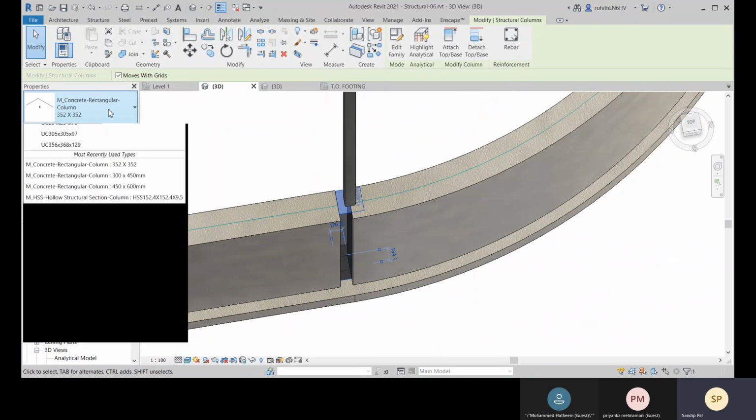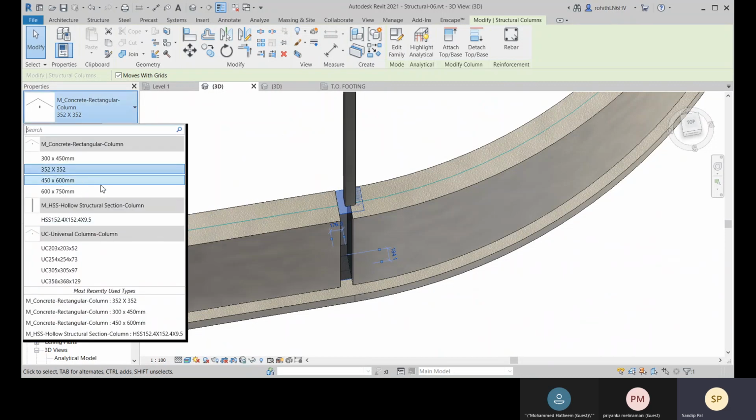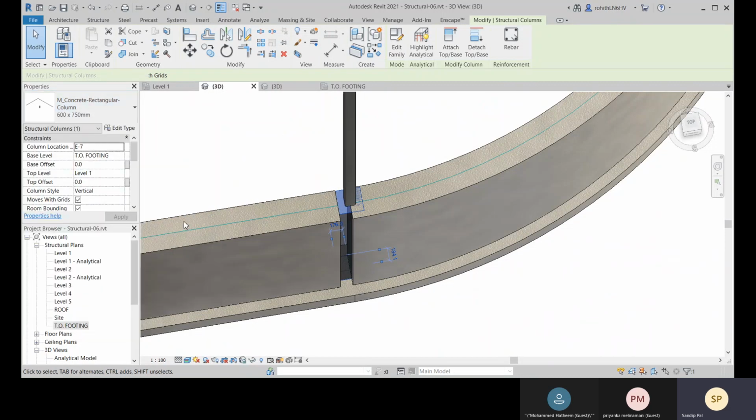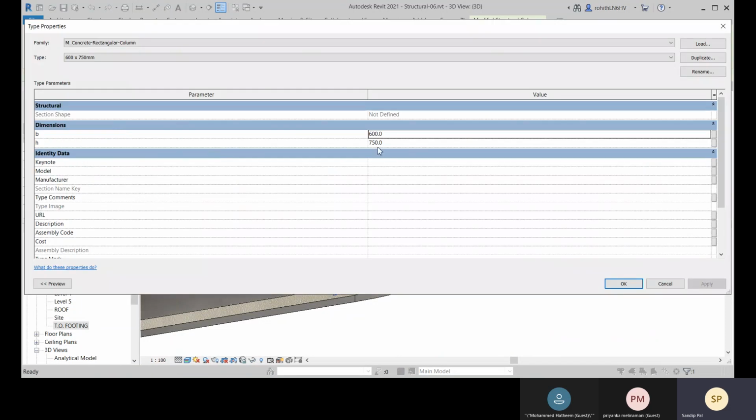So here let me go for it. Let me choose this, and let me go with this edit type, and here I'll go for duplicate. So here let me go with that 762 by 762.